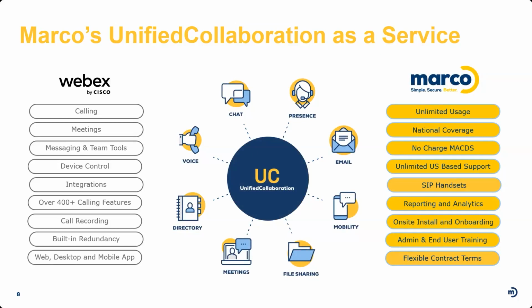And then what Marco brings to the table is wrapping the entire thing together, putting all the pieces that need to be a part of the solution to make it work and for the longevity of it to be there. The first two are going to be the unlimited usage and the national coverage. So actually the phone services, and that could be your long distance calling, your DIDs that come into the system, and all those things. So as part of this, obviously we include the trunking or the phone lines, so you wouldn't necessarily have to get your phone lines from your local phone company any longer. Those costs would go away, and then they would move on to the solution essentially as part of the packages.